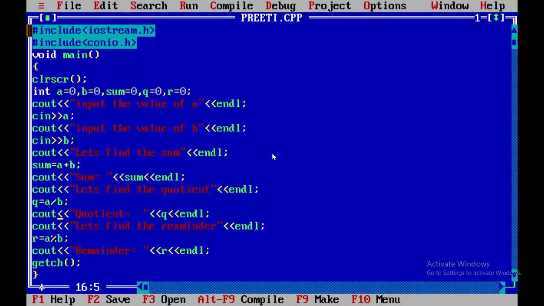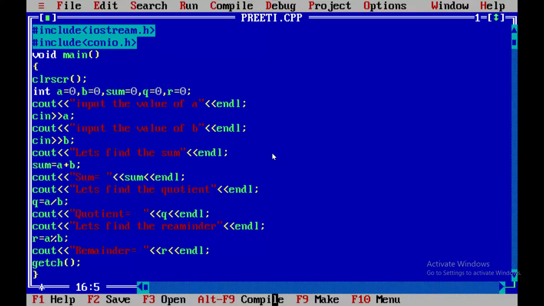Here I have written the same program: #include <iostream.h>, #include <conio.h>, then variables a, b, sum, q, r, then I have input the values a and b, then the formulas for sum, quotient and remainder. Let us compile the program.